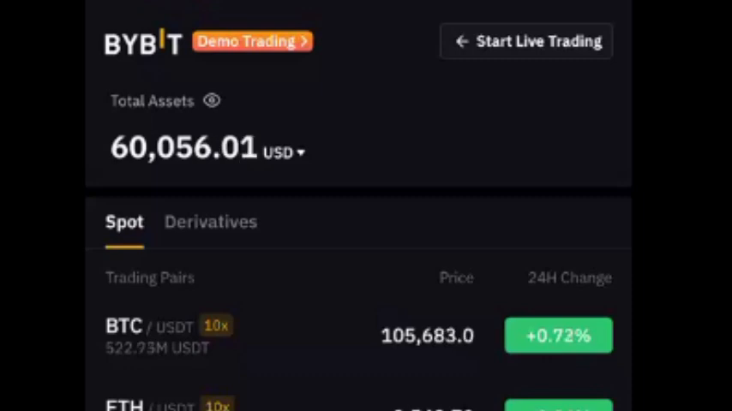I have personally grown this demo account in the last 2 months from $50,000 to $60,000. I mean, that's commensurate to where I am. I'm a fund manager for some high net worth individuals. So I always test out trades with this demo account. So now we're going to click